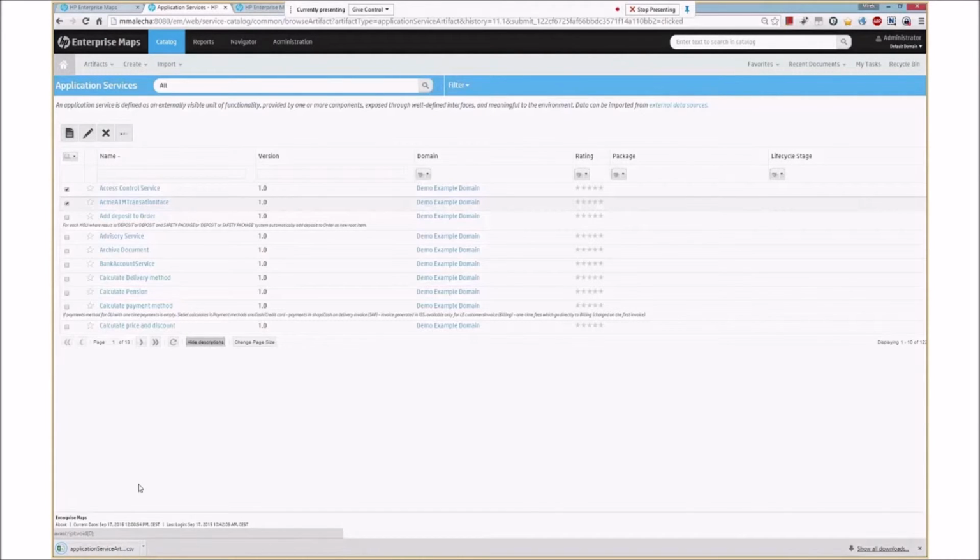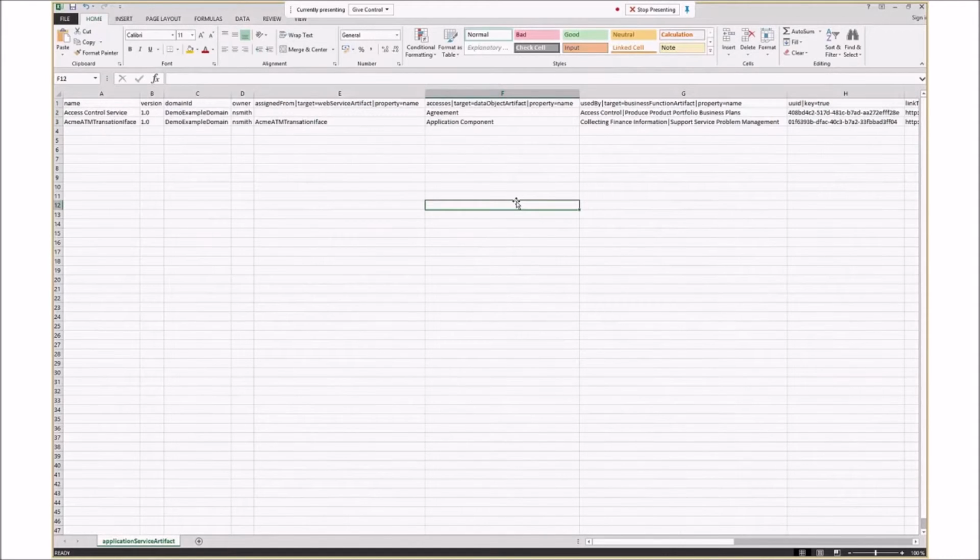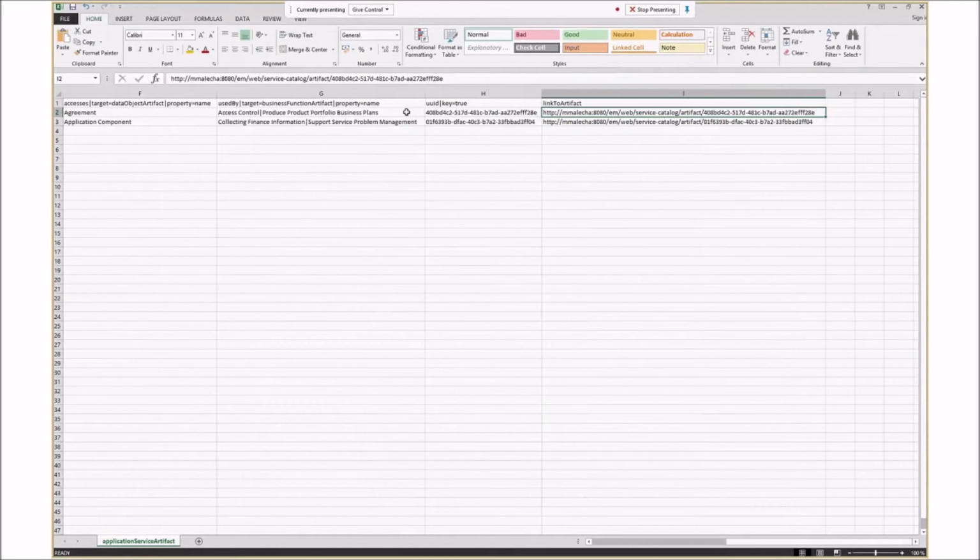Once I click it and look into the CSV that has been generated, I have an export from Enterprise Maps that contains all the fields that we have filled in the specific asset. So here I selected 2 application services, and here I can see more or less the header, including the relationships, like here, how to link the data objects, how to link the business functions. In this case, there is another field called UID